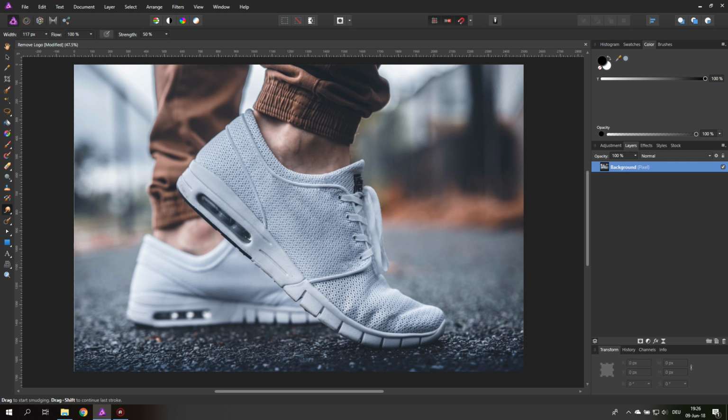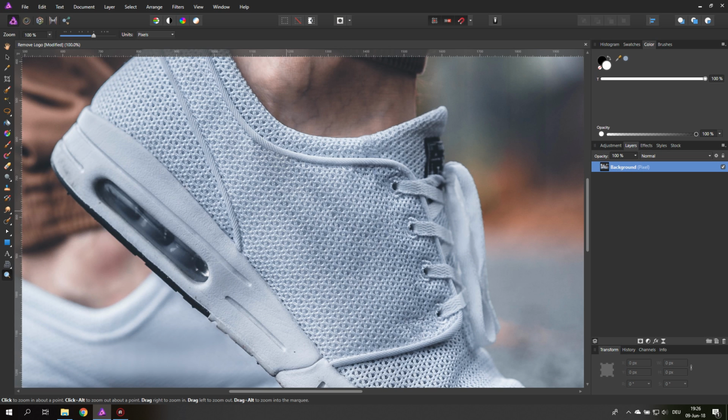You have some darker parts here, so you can really go in here and try to get it perfect, get out the details that didn't work 100%, we can take the healing brush here again. Let's make it a little bit bigger. And go in here and try to replace several parts in the picture. And you can see when I overlay it with the